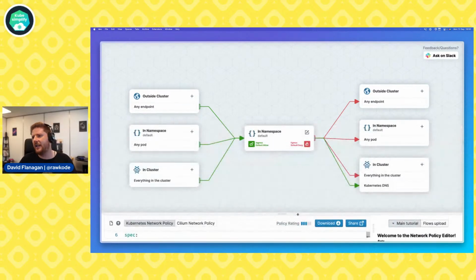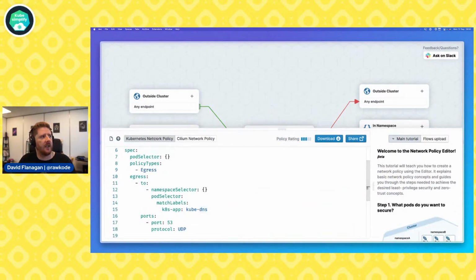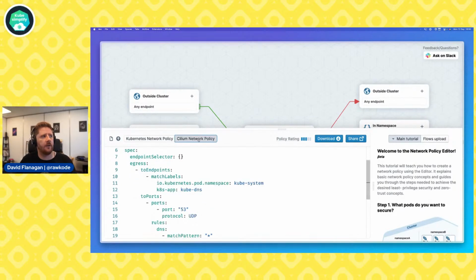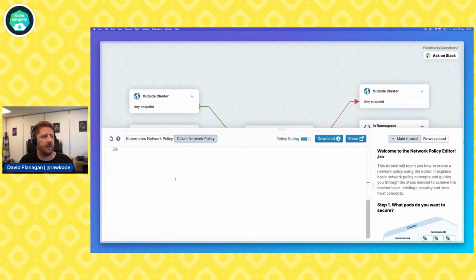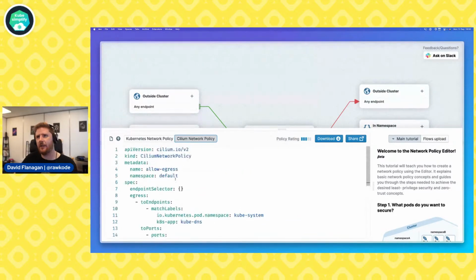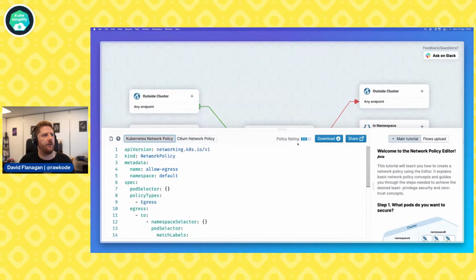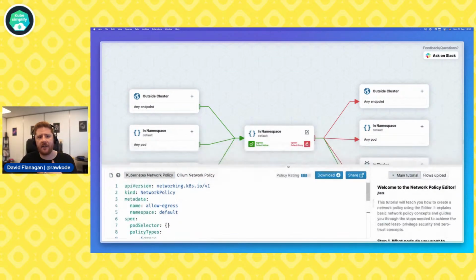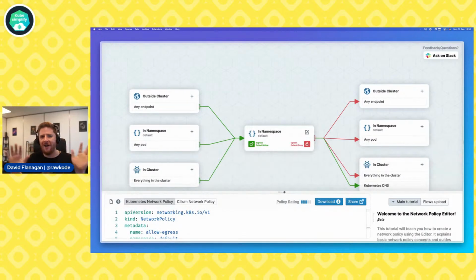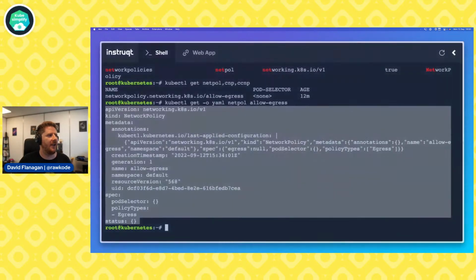So the Cilium editor is a fantastic tool. I encourage everybody to use it whenever they're working with network policies. You can use vanilla Kubernetes v1 network policies or Cilium's custom network policies. I would use the Cilium custom ones if you want to do anything L7 and keep everything else at L4 and Kubernetes v1. That's a heuristic that I use personally. Not a catch-all, not to be followed as dogmatically as I say, but it's a good starting point at least. So let's jump back to our challenge.